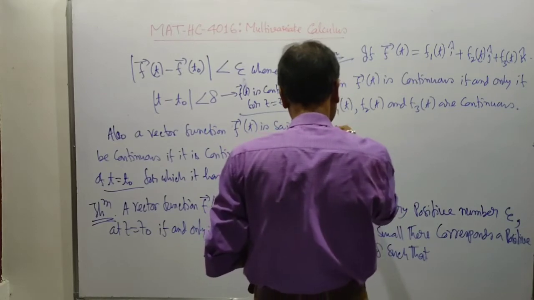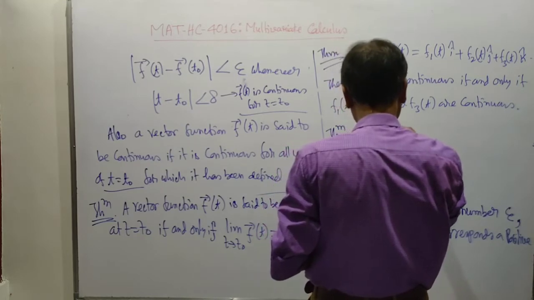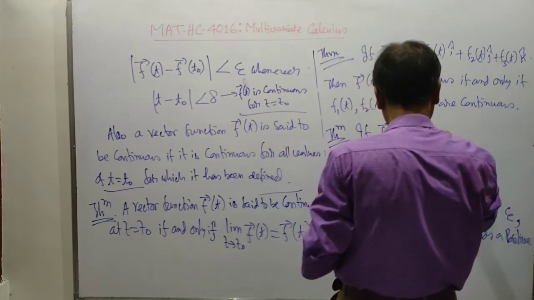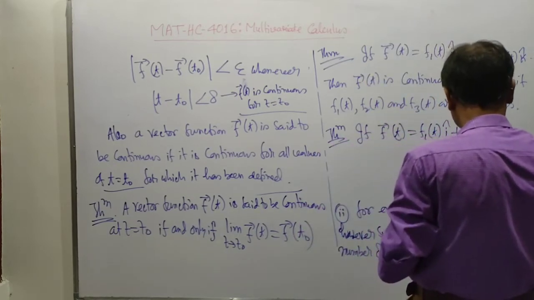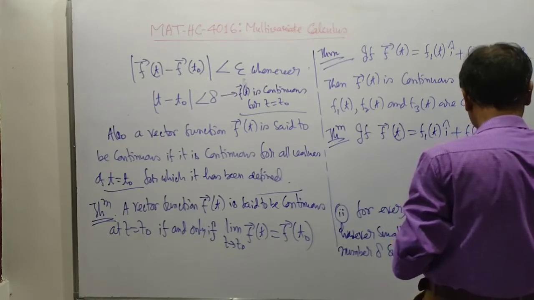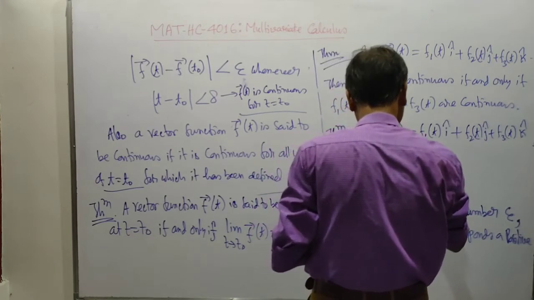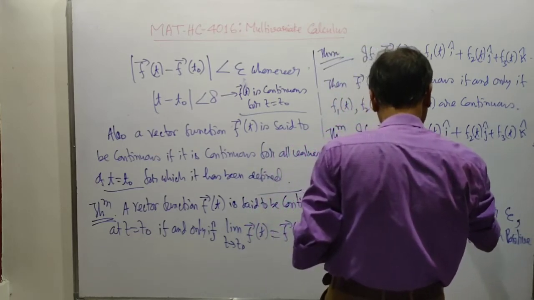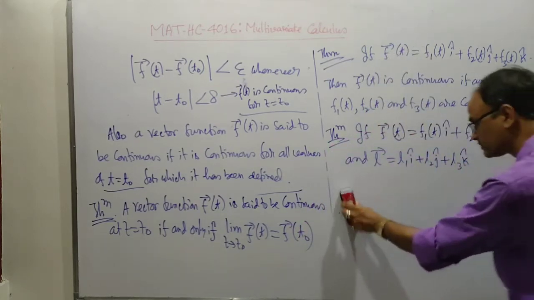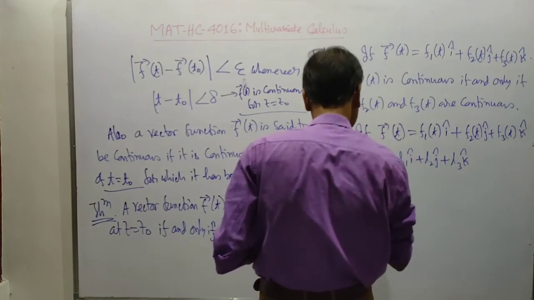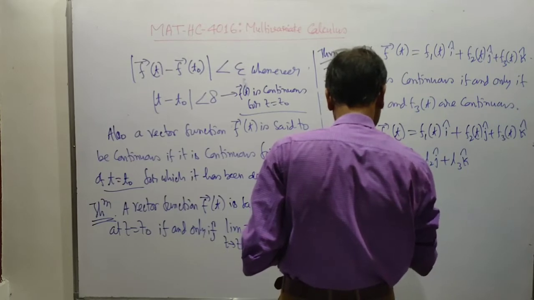Now, next another theorem. The statement of the theorem: if f vector t equal to f1 t i cap plus f2 t j cap plus f3 t k cap, and suppose the L vector is equal to L1 i cap plus L2 j cap plus L3 k cap, then limit as t tends to t naught